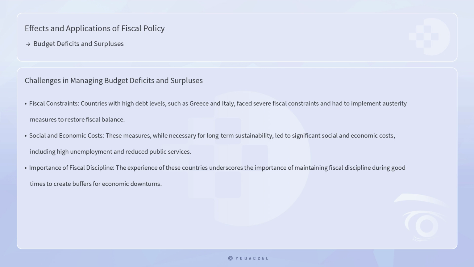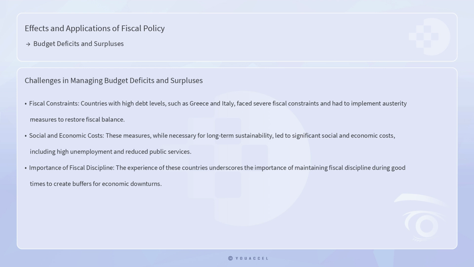The global financial crisis and subsequent sovereign debt crises in Europe highlighted the challenges of managing budget deficits and surpluses in an interconnected world. Countries with high debt levels, such as Greece and Italy, faced severe fiscal constraints and had to implement austerity measures to restore fiscal balance. These measures, while necessary for long-term sustainability, led to significant social and economic costs, including high unemployment and reduced public services. The experience of these countries underscores the importance of maintaining fiscal discipline during good times to create buffers for